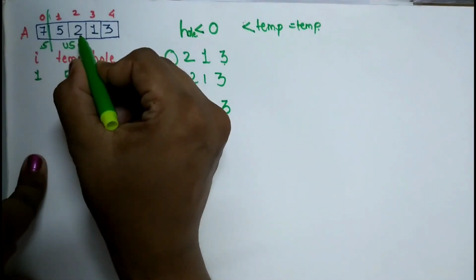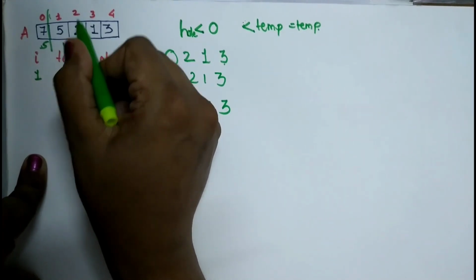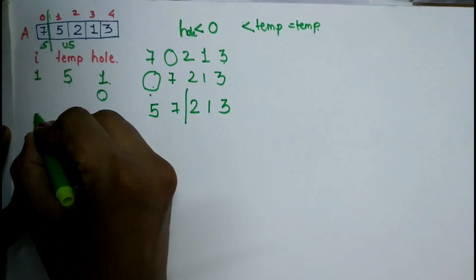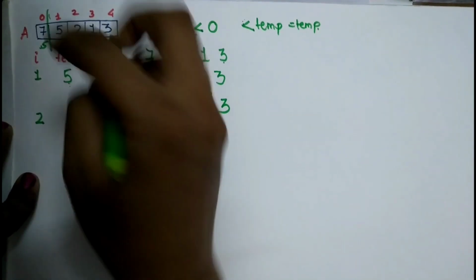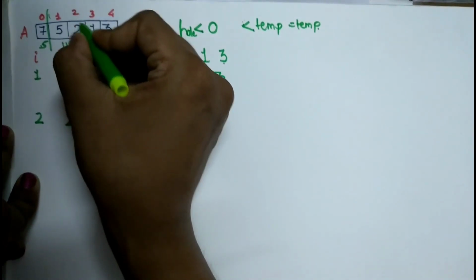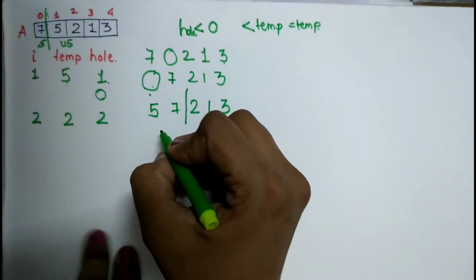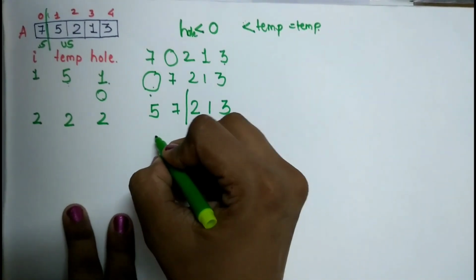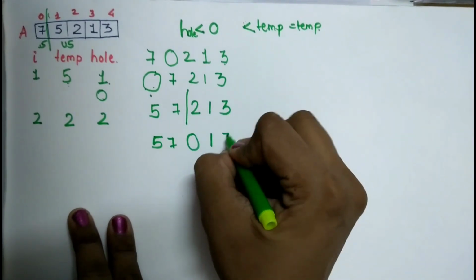See, now I include the second element in the unsorted part, that is at the index 2. So let me include the value: I will be 2, temporary will be 2. The value inside it is 2 itself, and the whole will be created at this particular index, so the value of whole will also be 2. Now what my array looks like, I'll show you. 5, 7, here is the whole, 1 and 3.